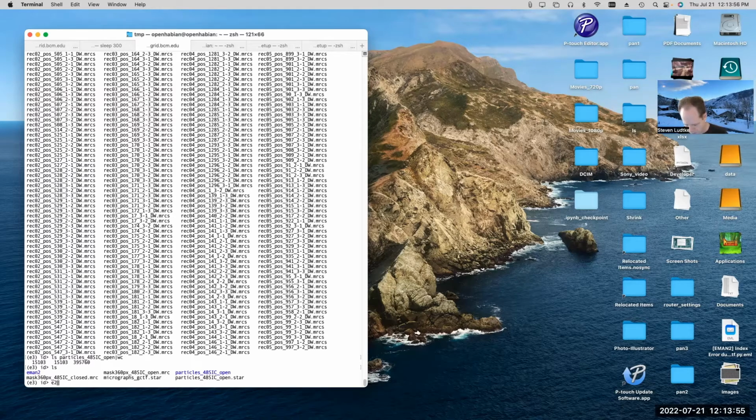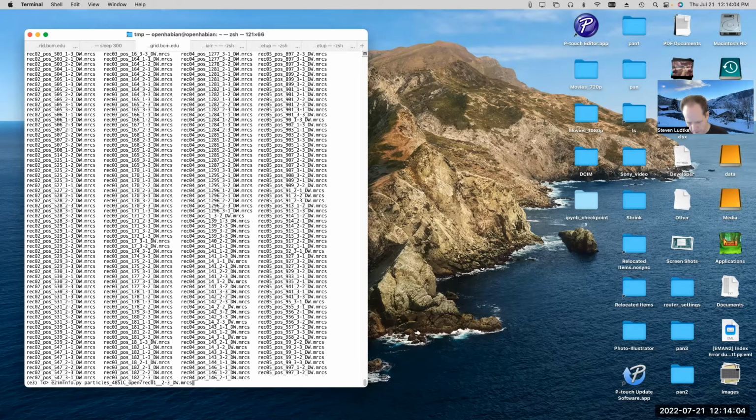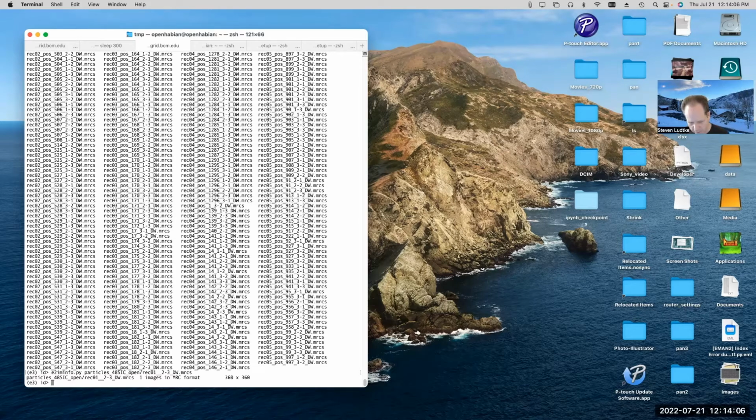If we say e2iminfo particles and just give it one of those files, we can see, yeah, MRC format, 360 by 360. And there was one particle in that file.